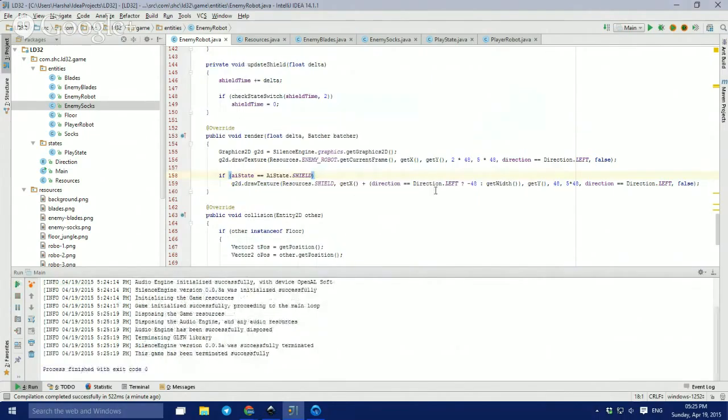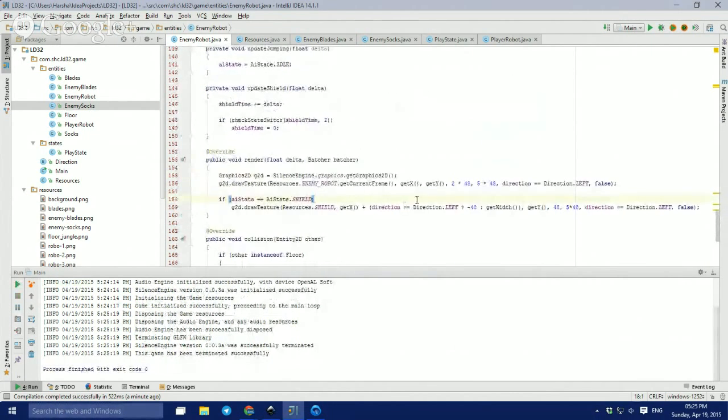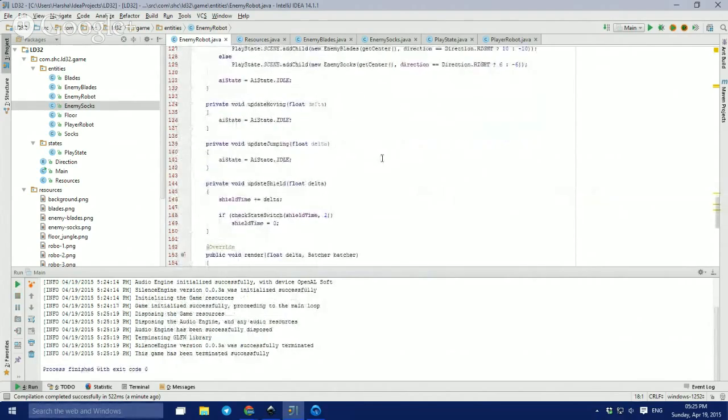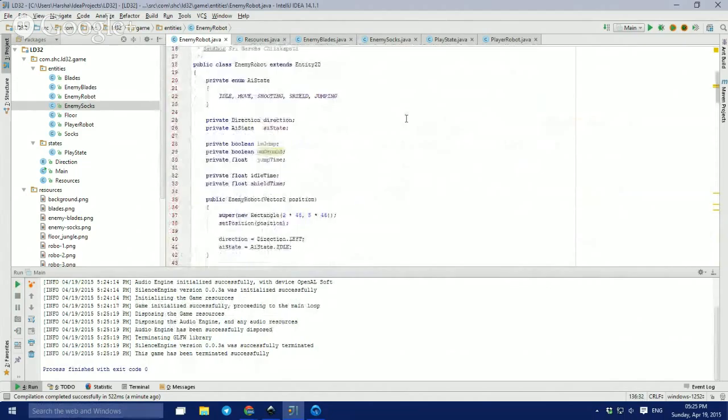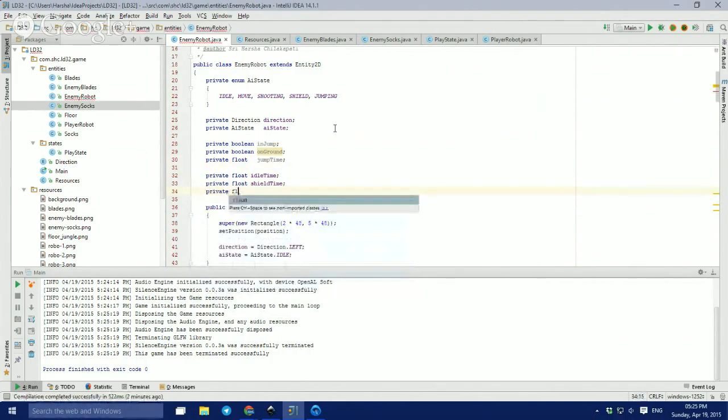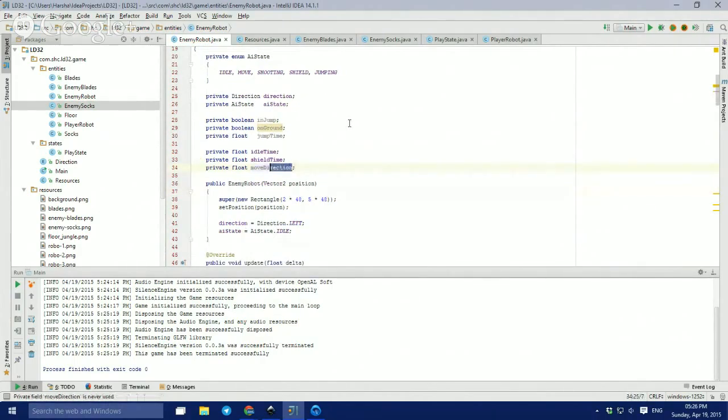Okay, the shield is now working for the enemy robot. So the next thing is moving, and I have to add some, wait, private float moving, move direction, move time,